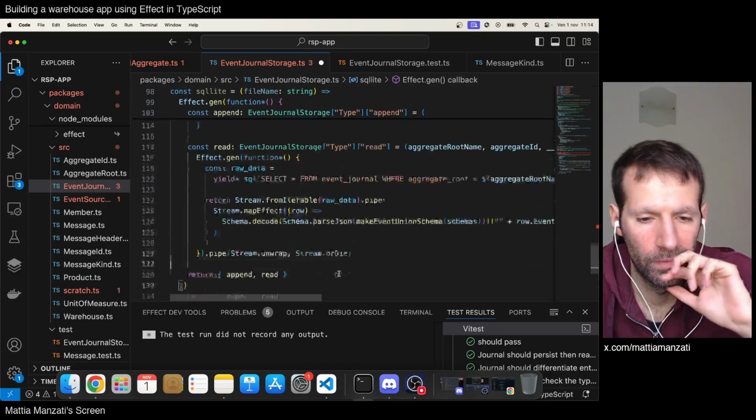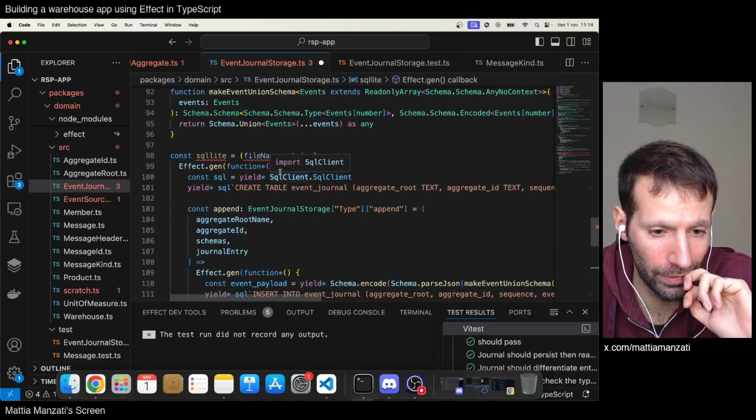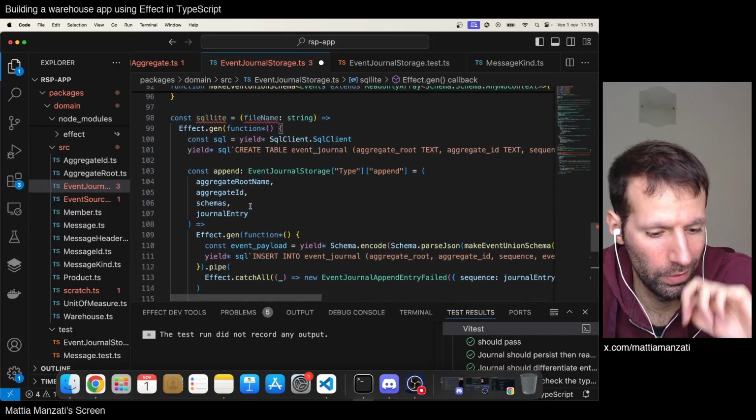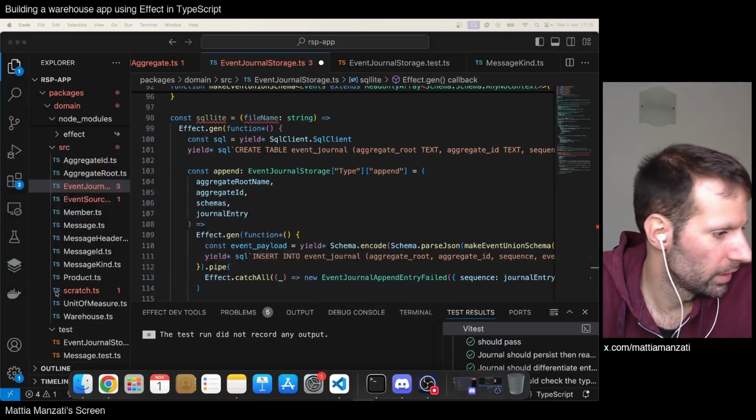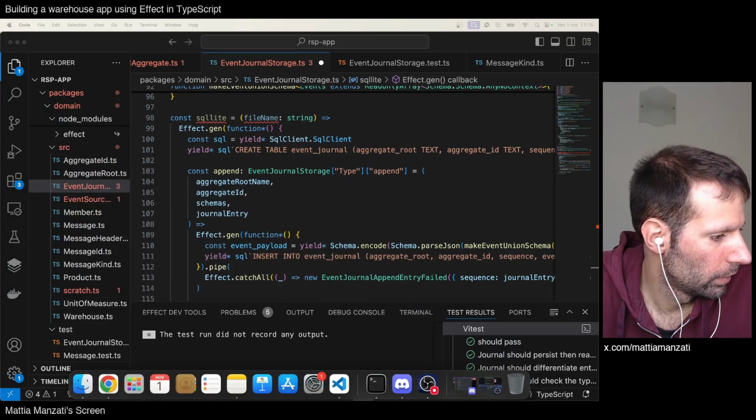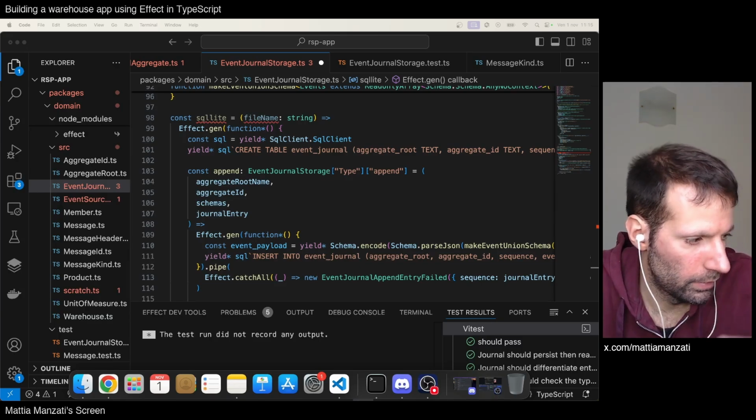Yeah, that's really unlovable code, but it should work. So let's see if we can make it better. I think that there is room for improvements